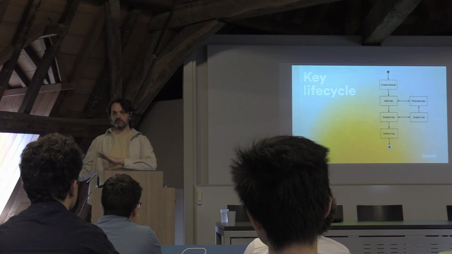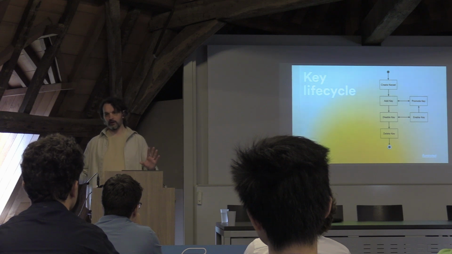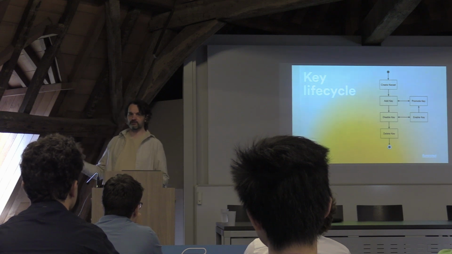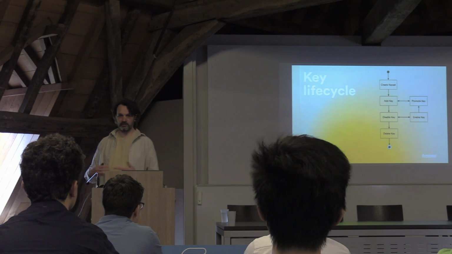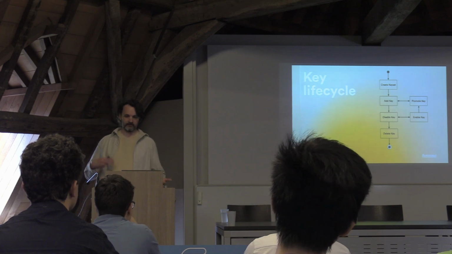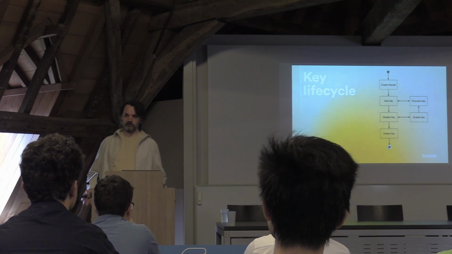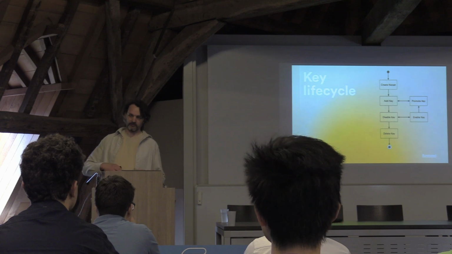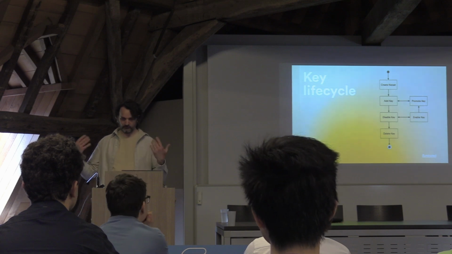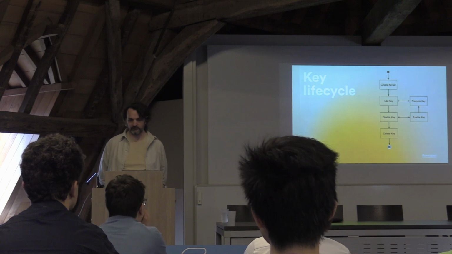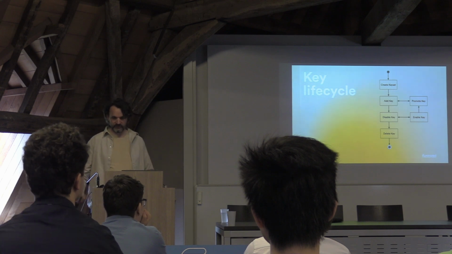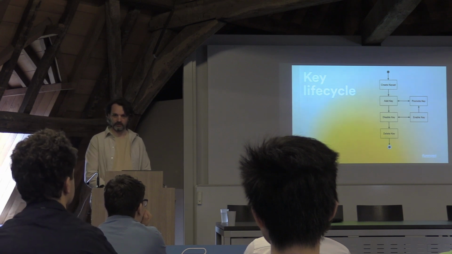You then have to distribute that public key to all your relying parties, right? If you just started signing with a new key and they haven't got the public key, they're going to reject all your signatures. So this is a two-step process where you create the key and add it to your key set, then you distribute the public key or wait for them to fetch it from your website or whatever. And then once you're satisfied that everyone's got it,